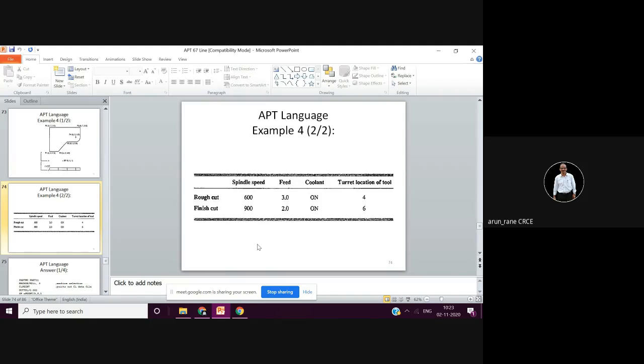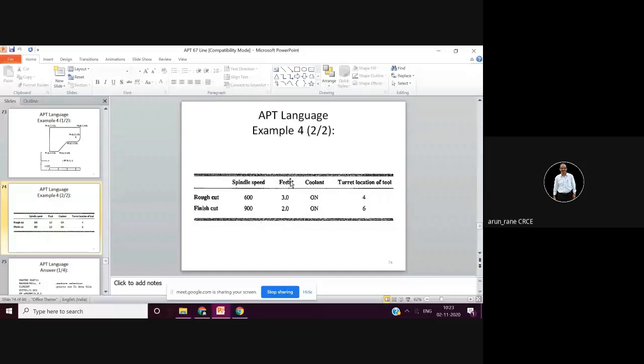So first column, I repeat, is operation description. Then the second column is tool number 1, 2, 3, 4. Before spindle speed, I suggest you include a third column for the tool details. So the third column is the tool description.